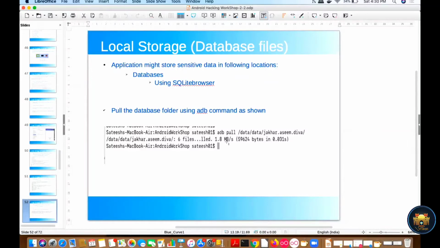What we have to do is first pull out the package which has been created by the application. I will use adb pull data jakarasim.diva. It will pull all the files which have been created by the application, and locally I can check the sensitive information using the SQLite database browser.